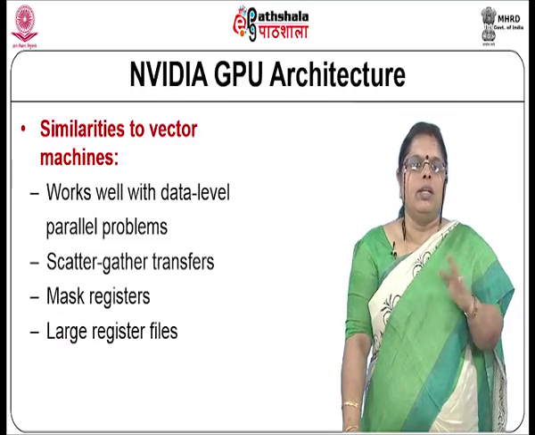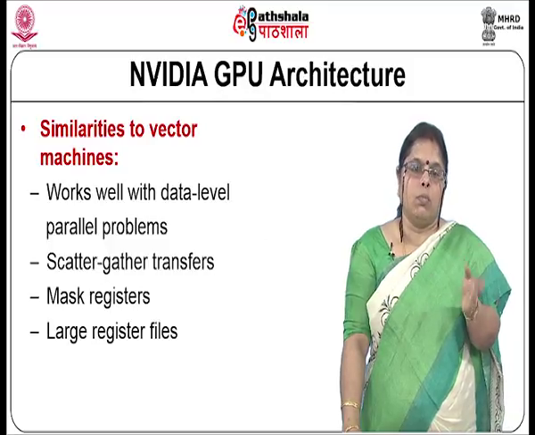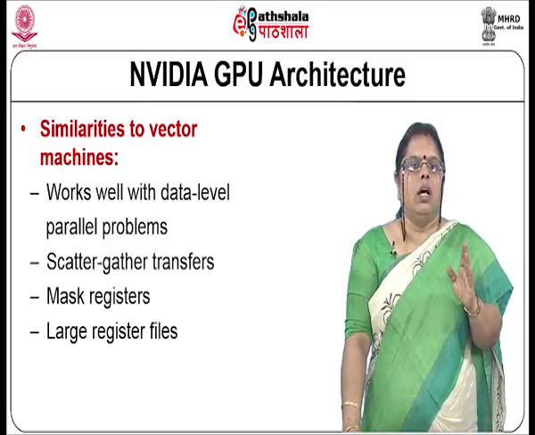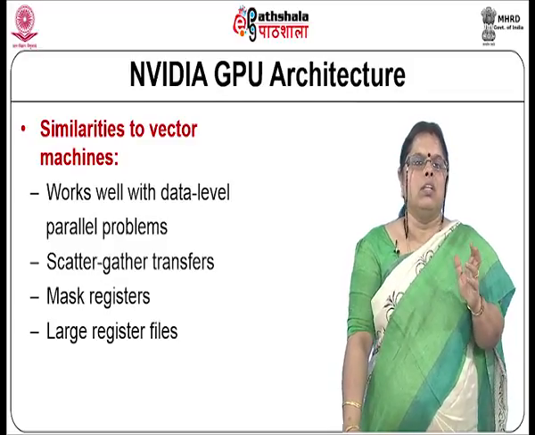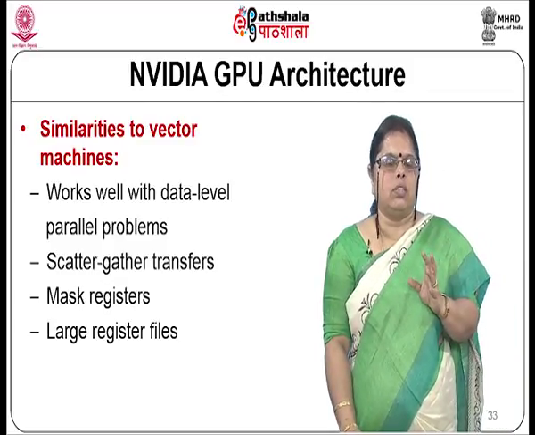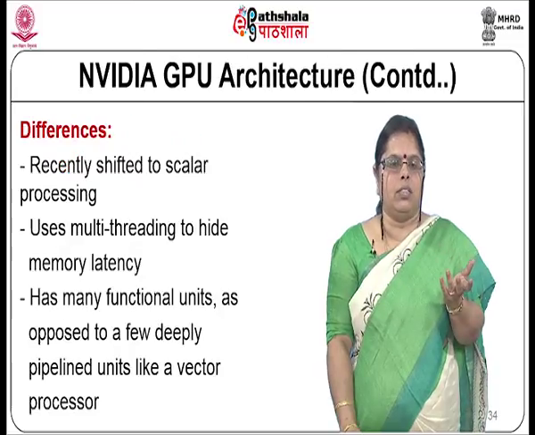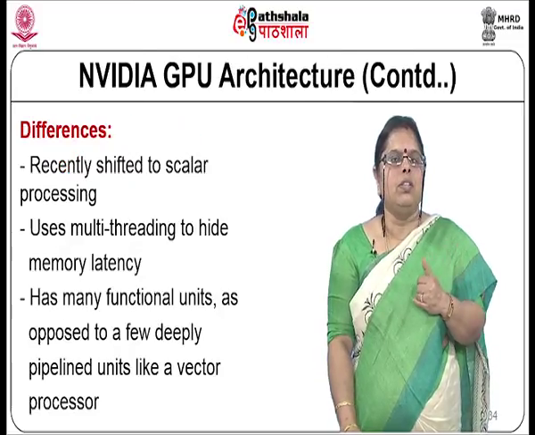So, looking at similarities with your vector machines, they work well with data level parallelism problems. Scatter gather transfers are also supported in GPU architectures. You have support for mask registers, you have support for very large register files. But the differences are that